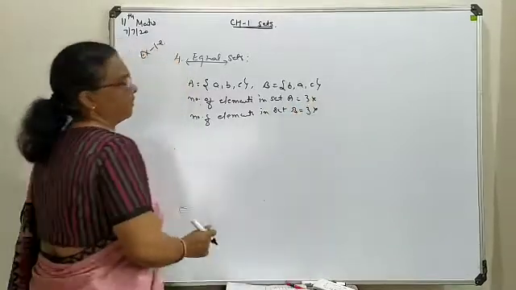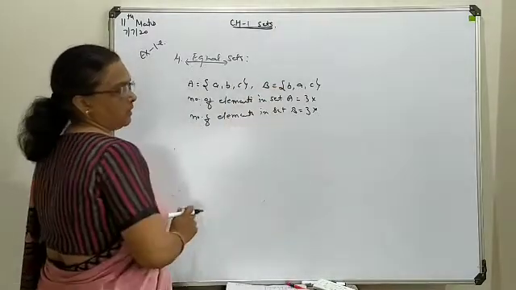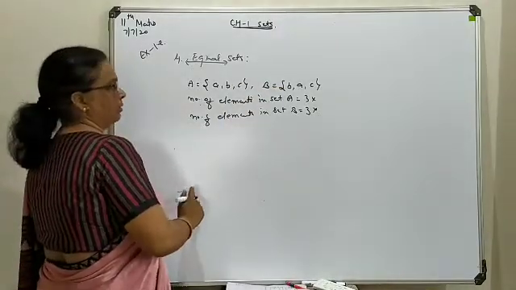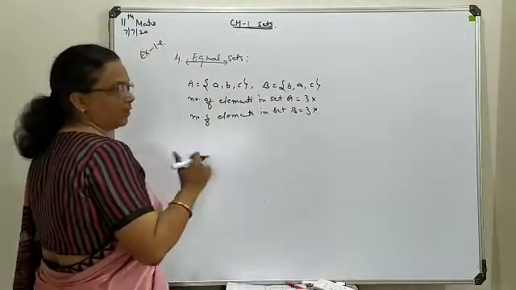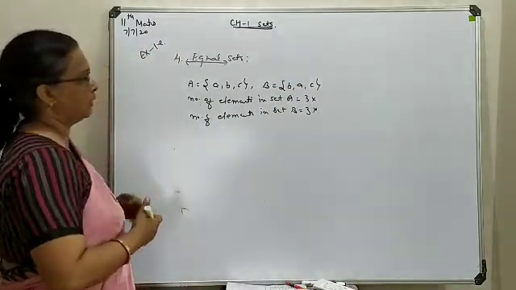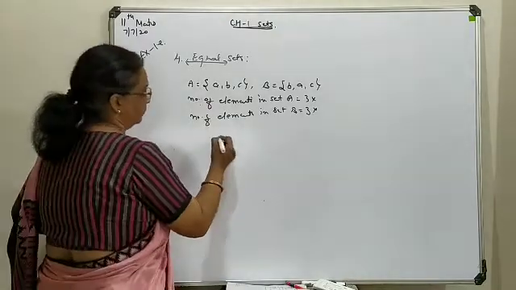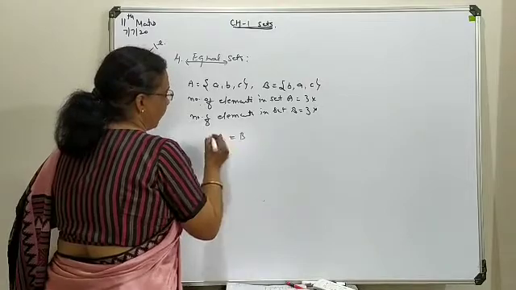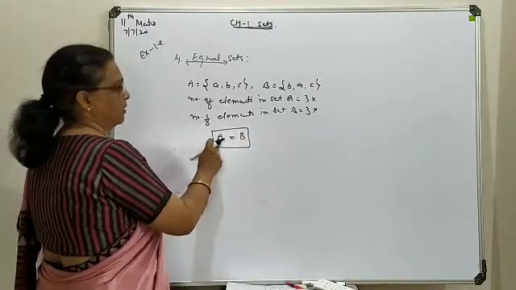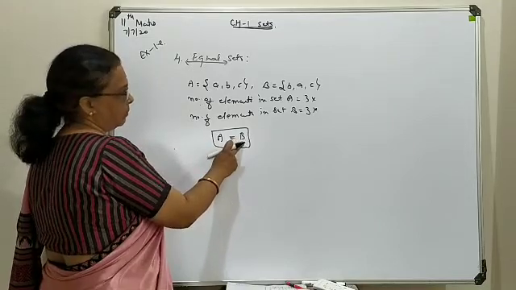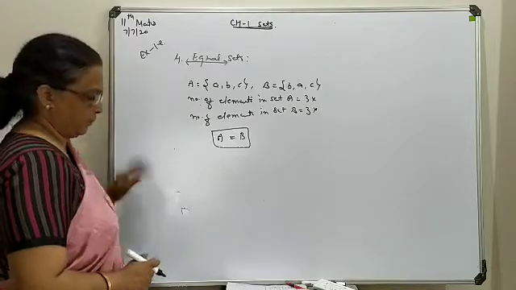So this is the first criteria what we are having. Now these two sets are containing the same elements, A, B, C. Here also A, B, C. It doesn't matter in which order it is being written, but the elements should be exactly the same. Then set A will be considered the same as set B, meaning set A is equal to set B. So this way you can compare equal sets.